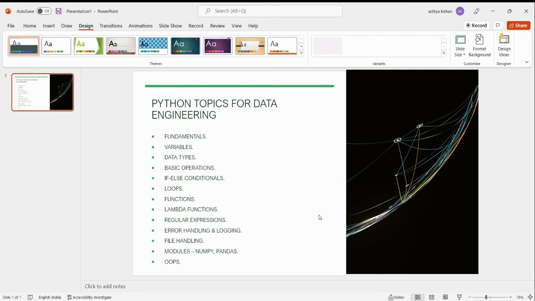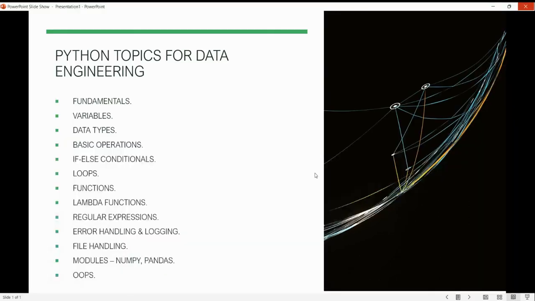So I'll just cover all the important topics in Python that are required to begin our data engineering journey, followed up with some SQL training sessions as well, for which we'll have a different series altogether. So let's start with the different topics that I'll be covering for our journey here in Python. We'll start with the fundamentals, like what Python is, how it interprets the code,